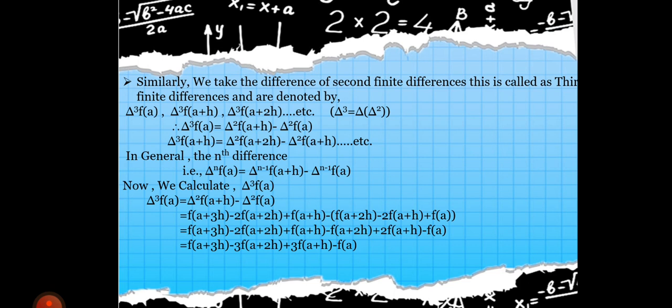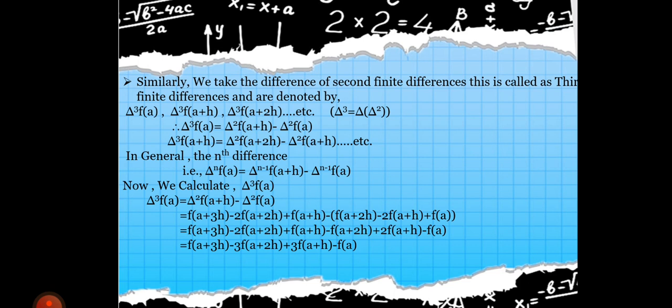In general, the nth difference, that is delta raised to n f of a, equal to delta raised to n minus 1 f of a plus h minus delta raised to n minus 1 f of a. Here delta raised to n is the nth forward finite differencing operator. Now we calculate delta cube f of a, that is delta cube f of a equal to